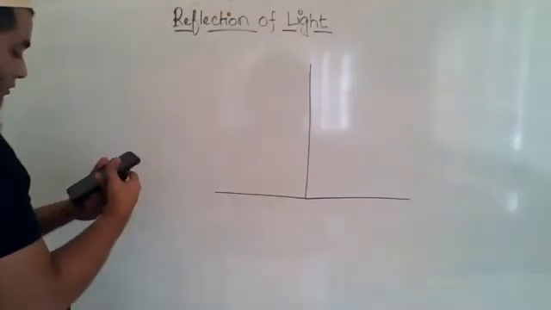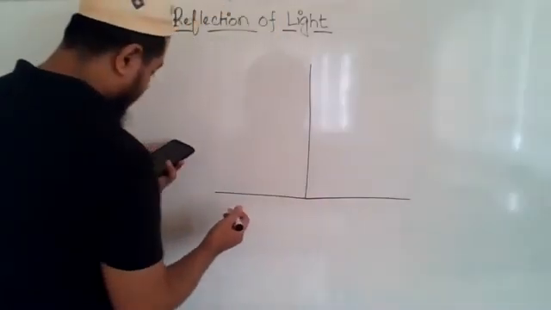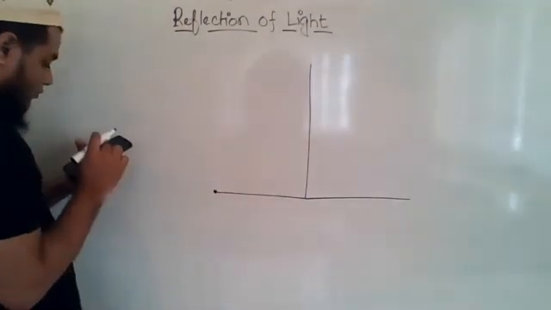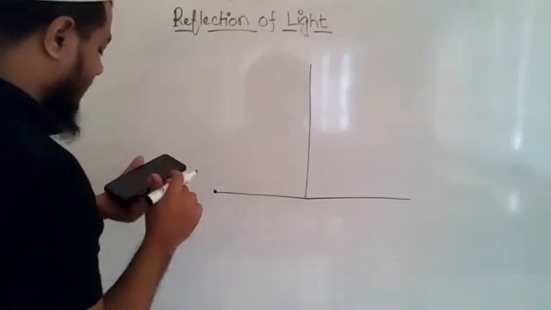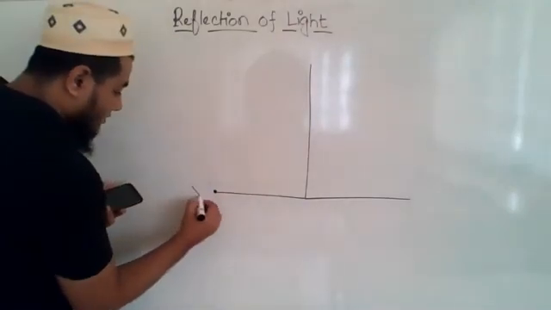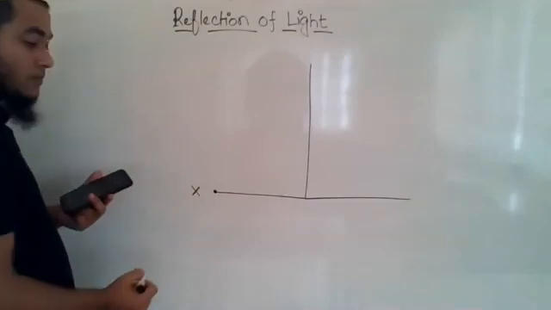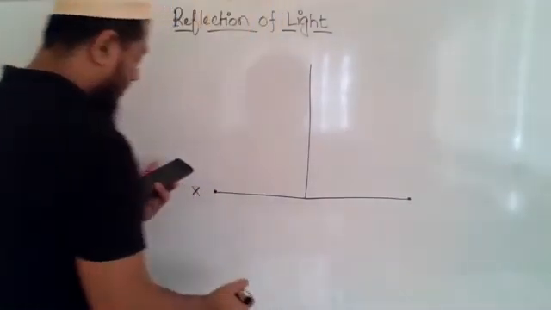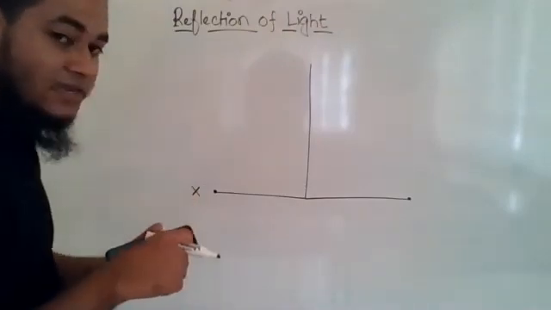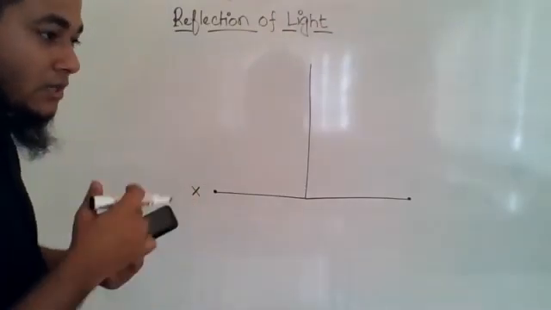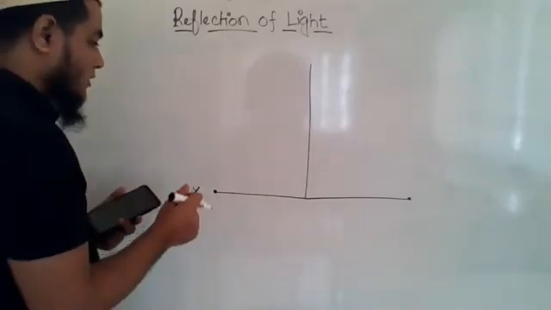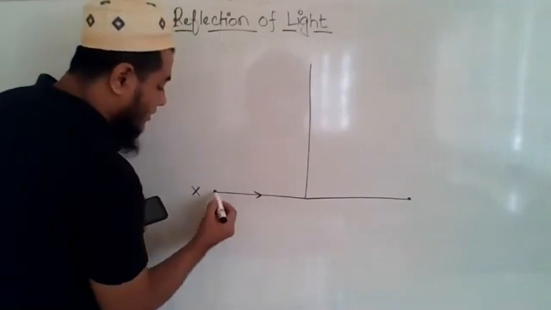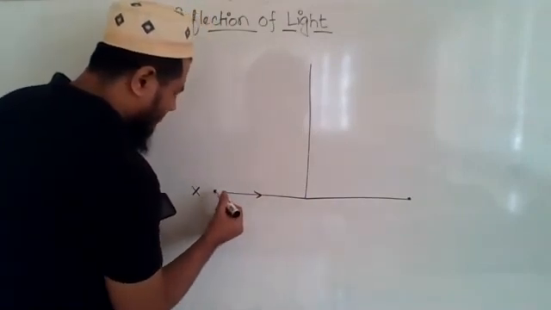The figure that I am about to draw is actually drawn in your textbook, page number 220, figure 8.09. If you want, you can take a look. So let us say X is a point object. We know that the image of this one will be created somewhere here. Now we can exactly find out where the image will be created. How can we do that? See, from this point we will consider one incident